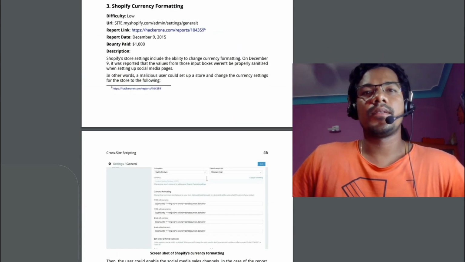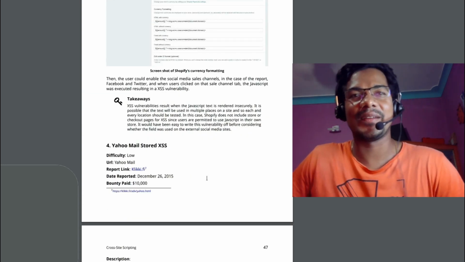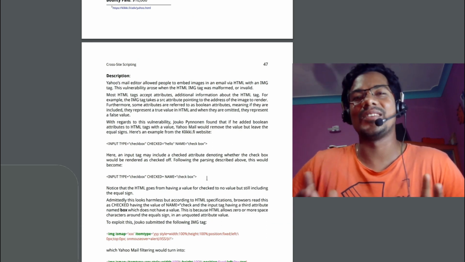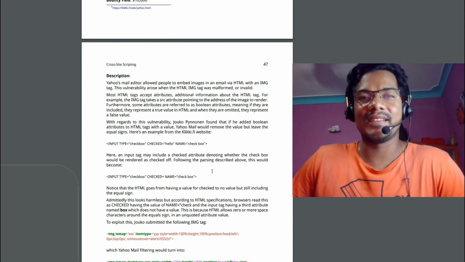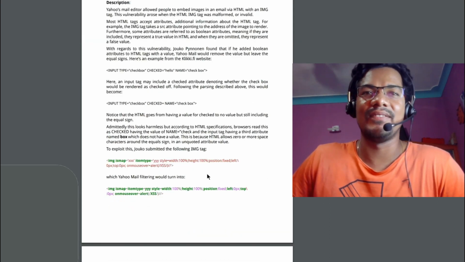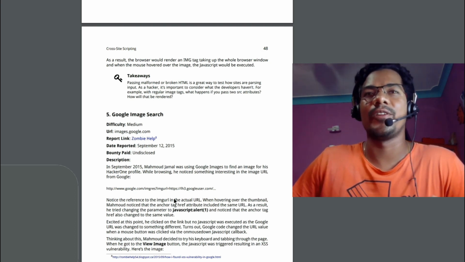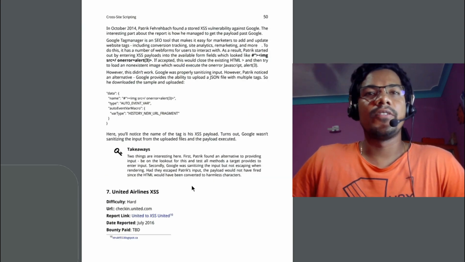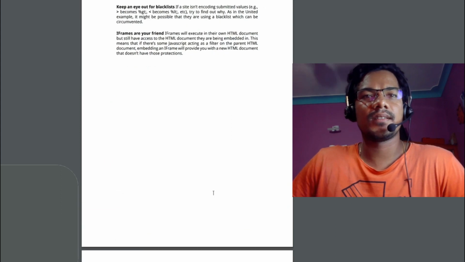Okay, currency formatting. Wherever you find some input field, go ahead and try this XSS payload. Sometimes it works. Only the masters or experts, or whoever wants to spend some time, will try figuring out XSS bypasses to get past some of the filters. But usually people just go ahead and try some dummy polyglot, whatever copied XSS payload they have. Okay, going further, I'll just make it fast.